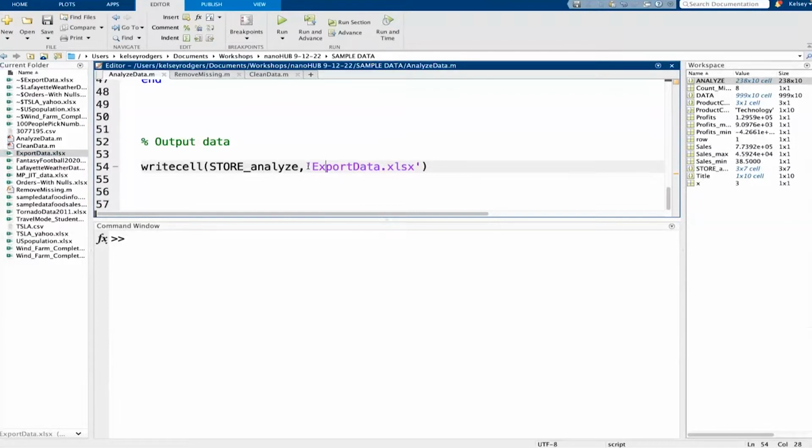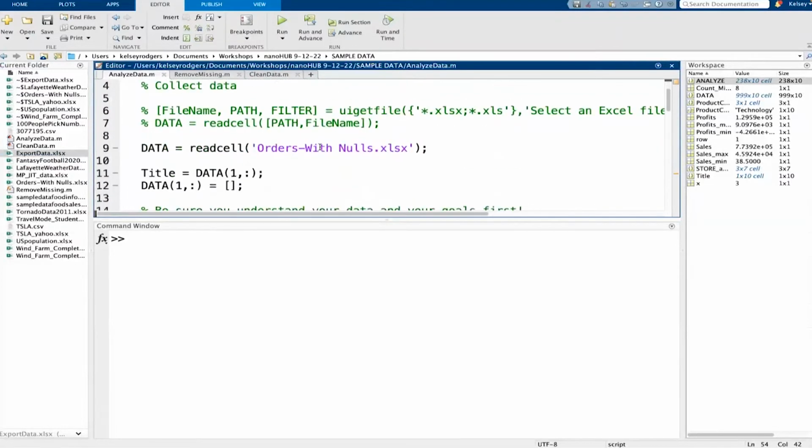One of the things I will say I have done far too often and should know better is sometimes I will get a little lazy and I'll just write my file name right here and call it done. And then I will rerun my same program for a different Excel file that has the same type of data, but it's for a different pull. So let's say I'm pulling data for 2021, and I want to know what were my sales, profit margins, all of that for 2021, and now